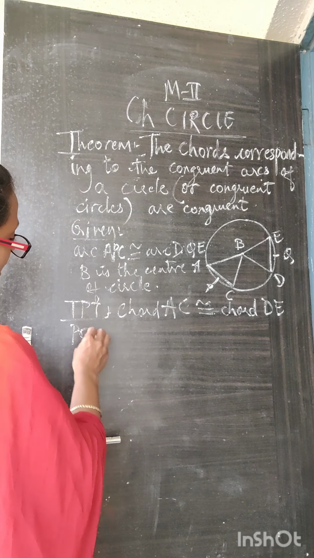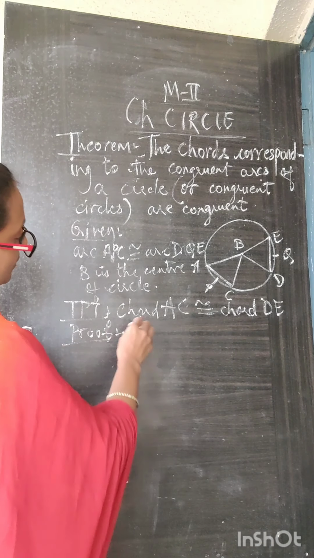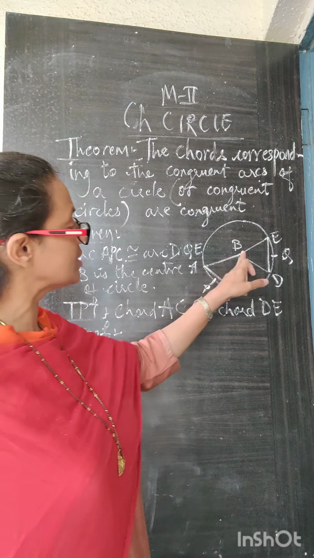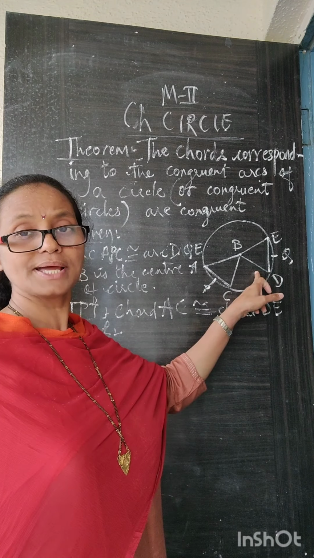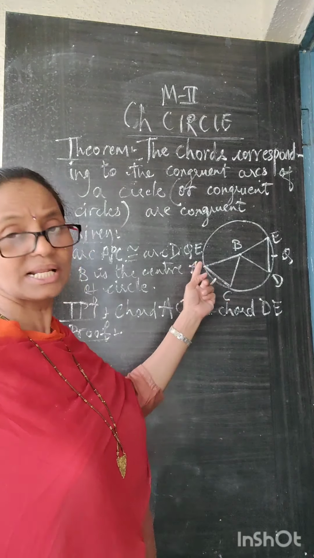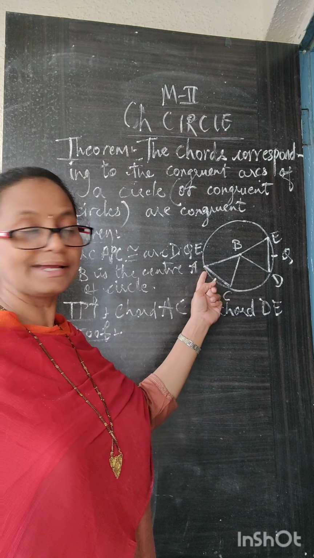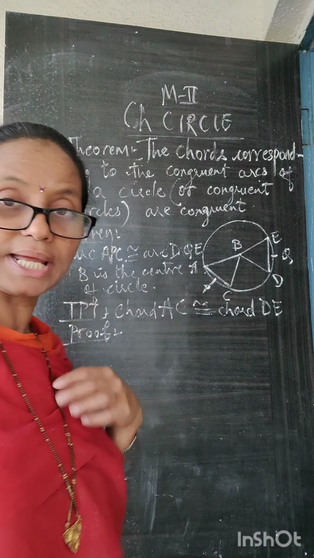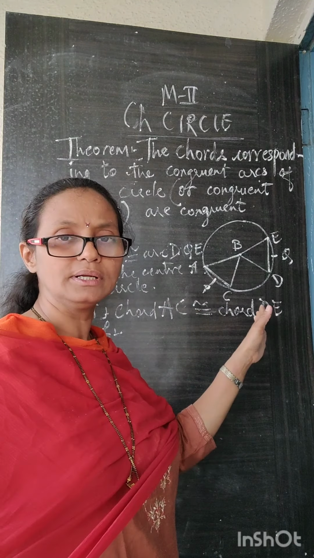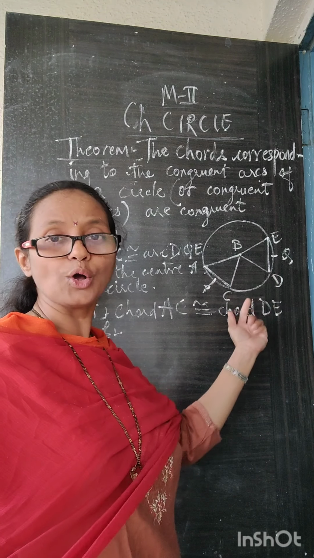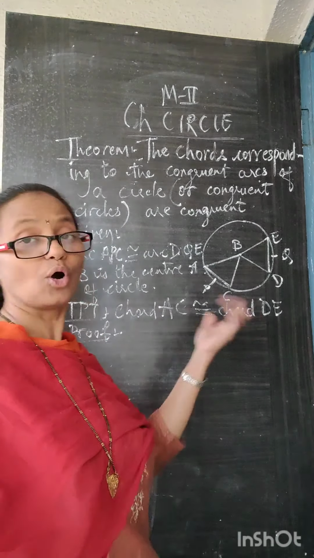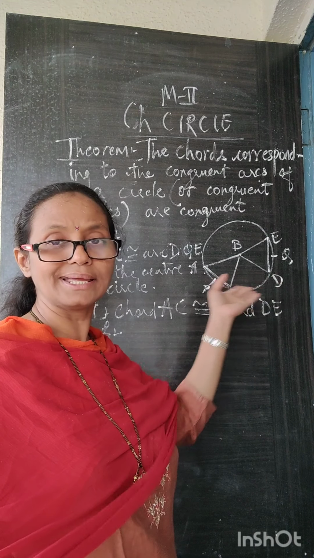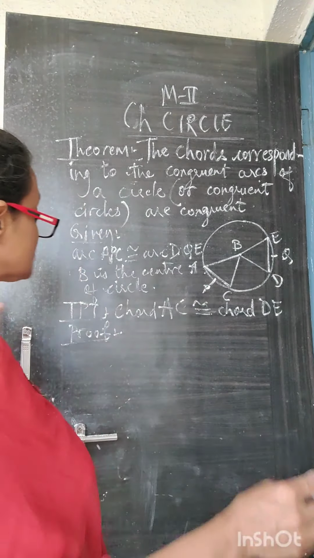So how do you write down the proof now? Tell me. So proof will be: chord AC and chord DE, they are nothing but the sides of these 2 corresponding triangles. What are the triangles? Triangle ABC having the AC chord as the side of that triangle. Triangle BDE having DE as one of the sides of the triangle. So if I prove the triangles are congruent, I can say these sides are congruent. That means what I want is chords are congruent. Those sides are nothing but chords. So if I get those sides congruent in the triangles, I get the chords congruent. So it's very simple to prove.